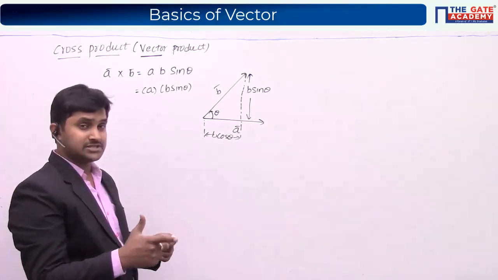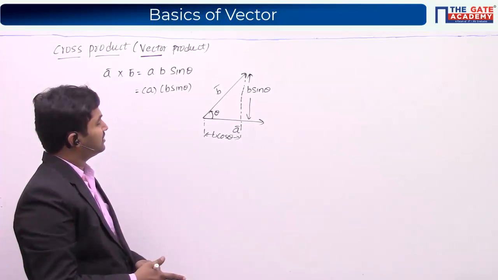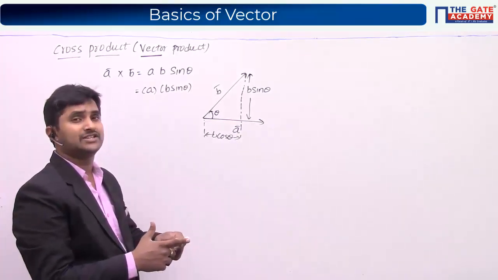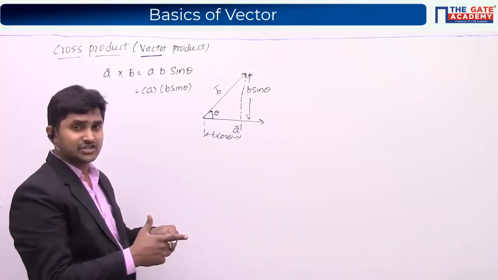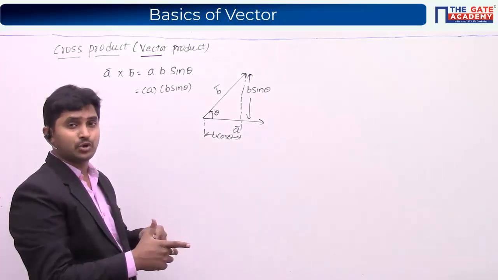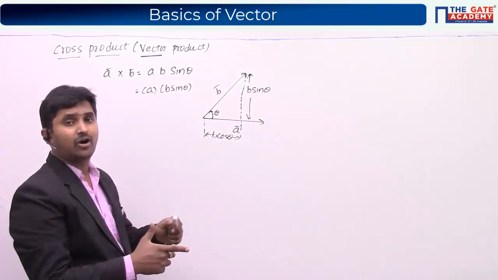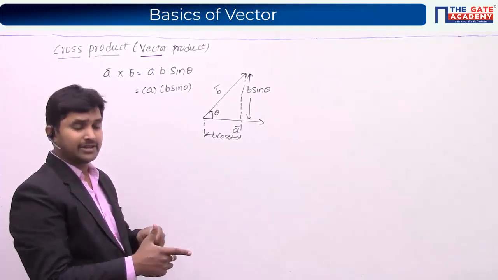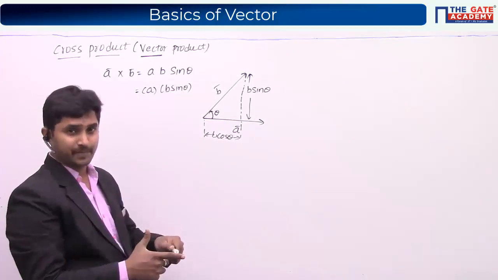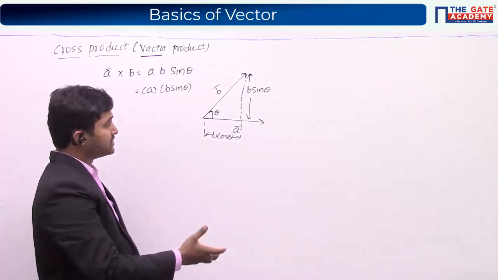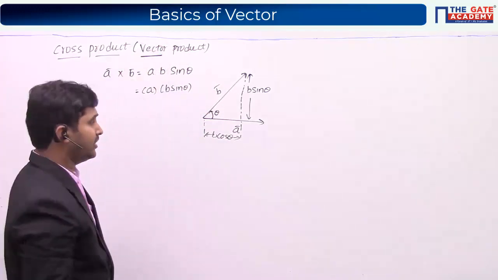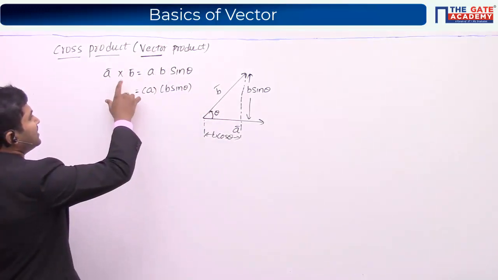So the concept which explains this is that if you have a current moving in one direction and a magnetic field in another direction, then the force produced by the magnetic field on the moving charge is given by the perpendicular of both of them. So we have a concept which uses the result of this cross product. That is why this result is very, very important.